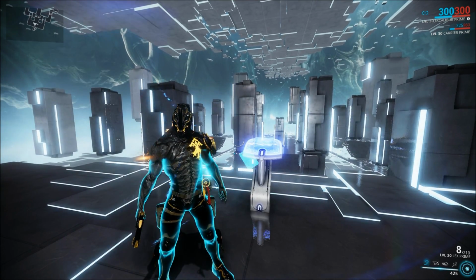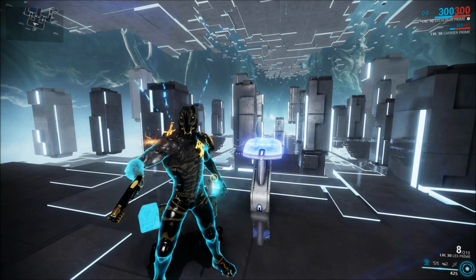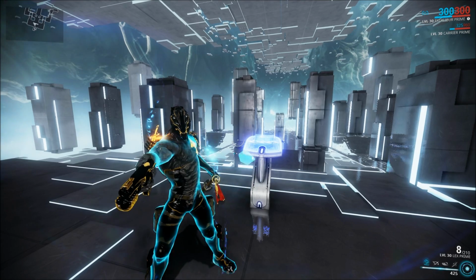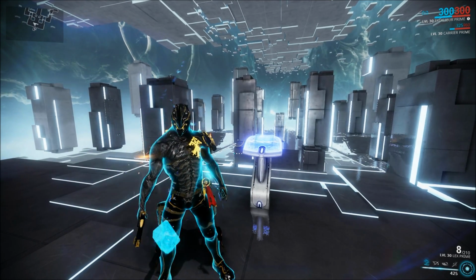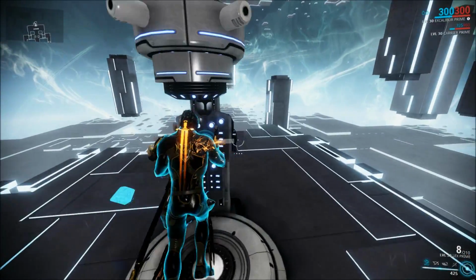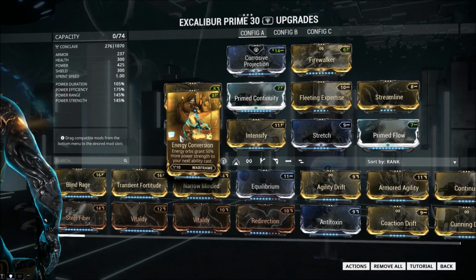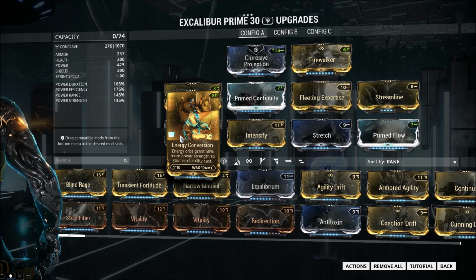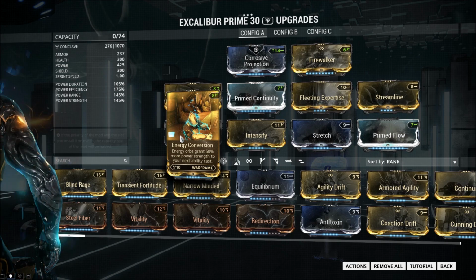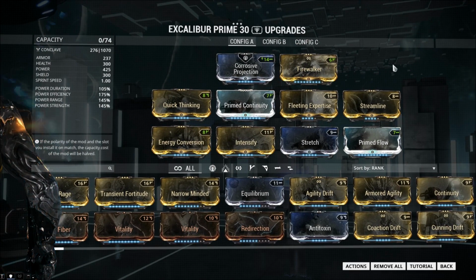So, this is Excalibur. Excalibur, along with Trinity and Valkyr, was recently nerfed. Him and Valkyr relatively minorly, but similar to Valkyr, my build had kind of already changed. So, let's go over it. Using Energy Conversion, it turns out for Exalted weapons, Energy Conversion is like a free 50% power strength, which is really, really solid. And otherwise, the way this build has changed since I last showed it is that